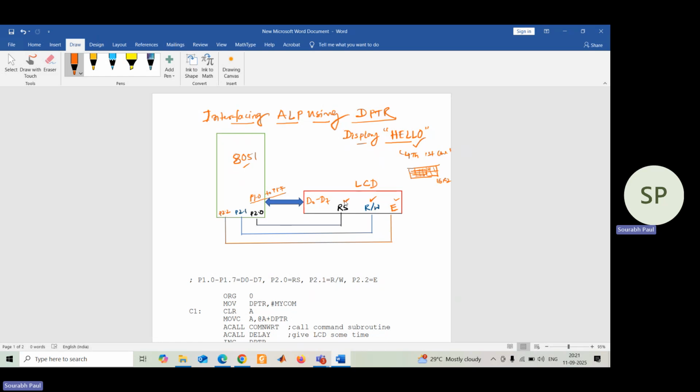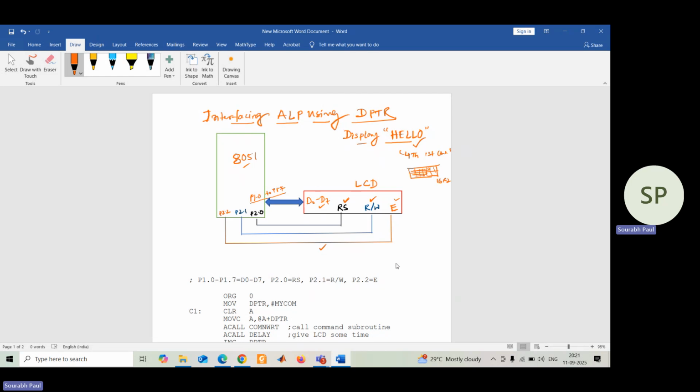If you have followed my previous lecture, there I talked about the importance of RS, that is register select, RW, that is read write, and E, which stands for enable of the LCD. Other than that, the data lines D0 to D7 of the LCD are connected to P1.0 to P1.7 of the 8051. So this is the particular configuration I have considered, and based on that only, I am going to write the